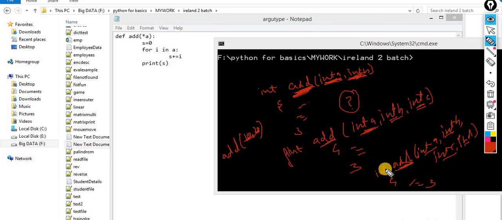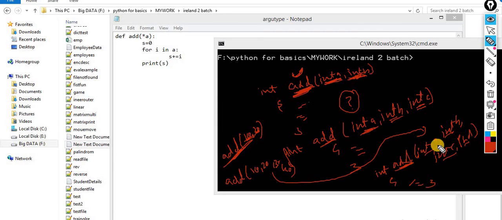So automatically, from all of these three, this one will be executed. You don't need to tell the compiler or interpreter anything, automatically it will be executed because I call this signature. Another way, let's suppose I call this with 10, 20, 30, 40. How many values do I pass? I pass four values, so automatically this will be called. I don't need to explicitly tell the interpreter or the compiler, it will automatically match the signature.